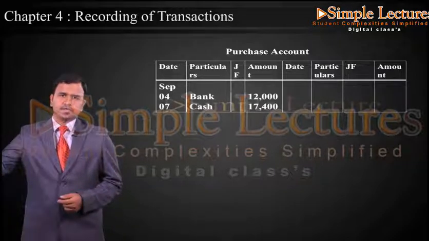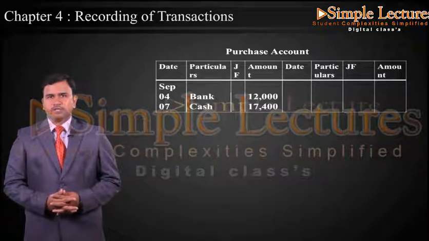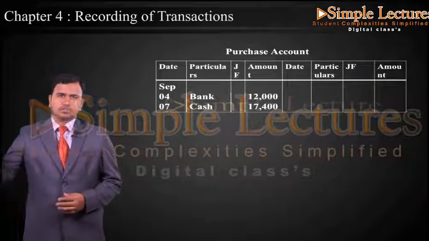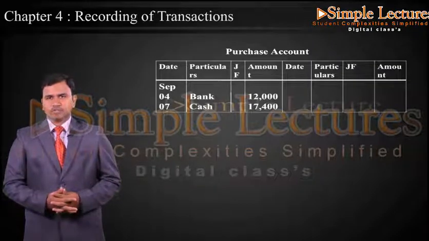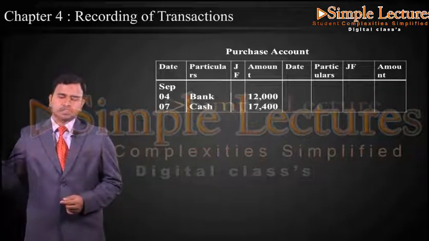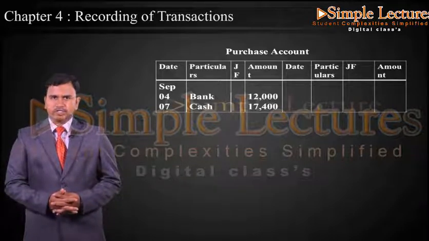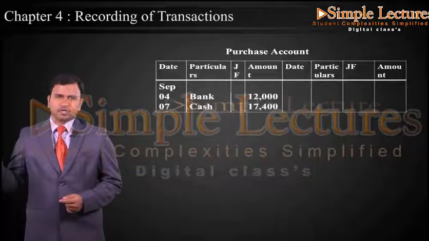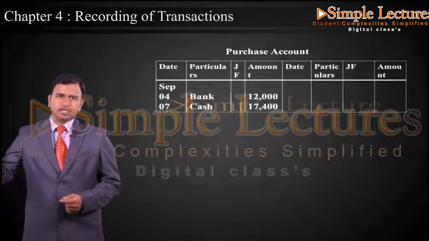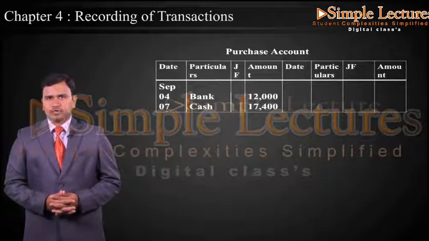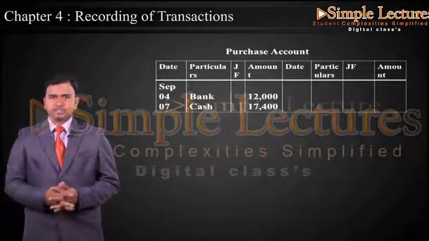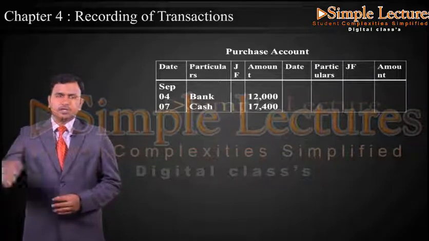On the debit side we have 12,000 plus 17,400, so the total will be 29,400. The same is taken on the credit side, 29,400, above this by balance carried down 29,400, and again on the next debit side, next to the total, to balance brought down,